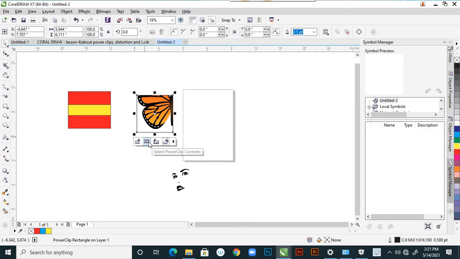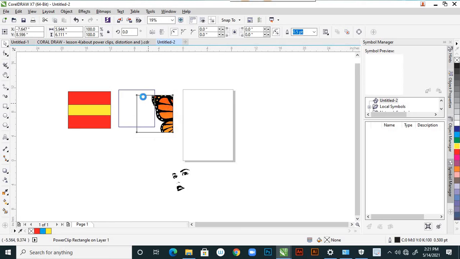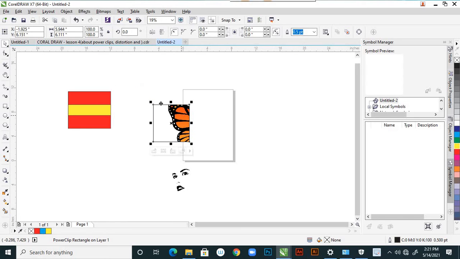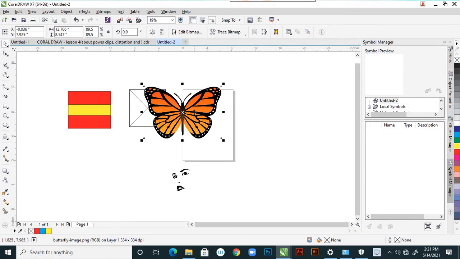And again, after that, here we have Select PowerClip Contents. So the PowerClip contents are there, and you can move that anywhere. And here Extract Contents. Suppose you are moving the contents, there is an option: hold F to ignore the PowerClip frame and place the object here.